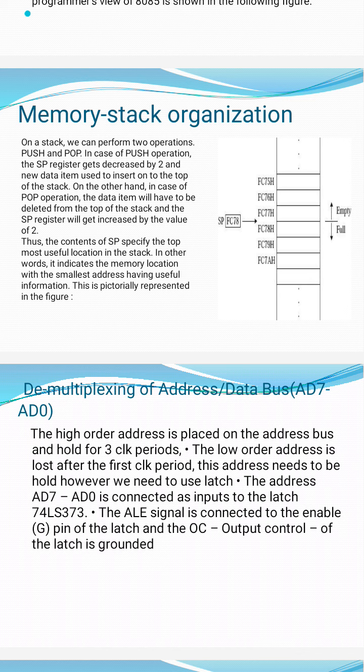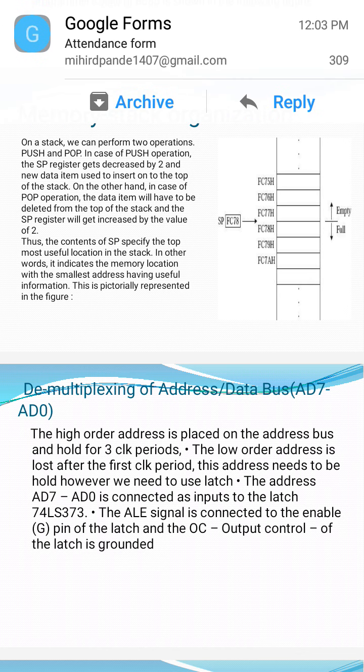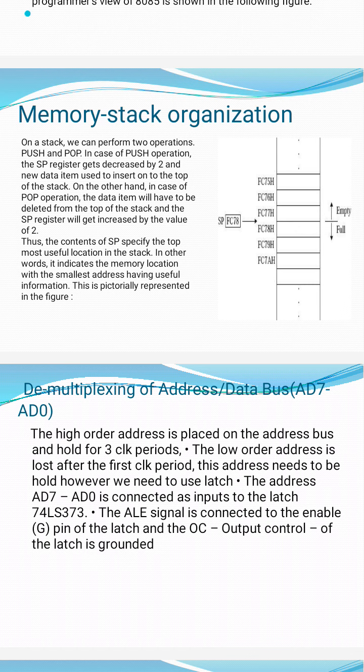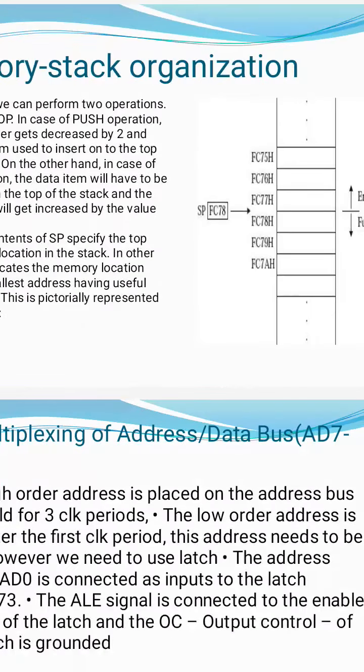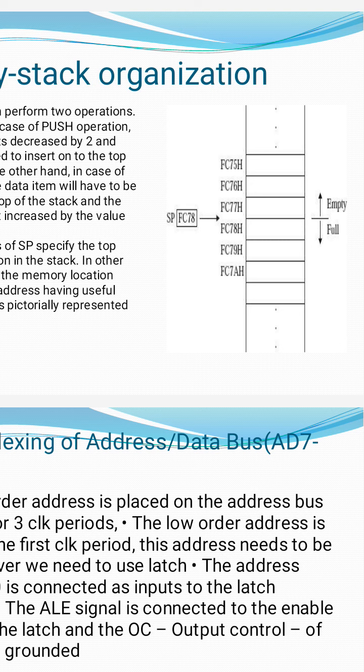This use of stack prevents the data from the deletion or data from the overlapping. So whenever microprocessor has to protect the data, you should use the stack operation. You can see in the diagram a stack pointer contains FC78 hexadecimal address, and see how it moves and fills. Upper side is the empty and lower side is full. So last in, first out.